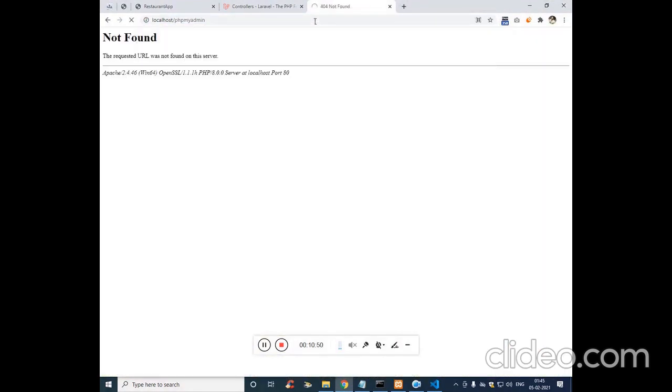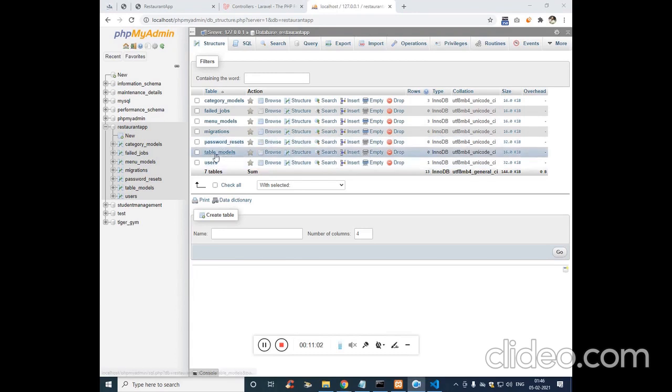So here you see table model is created, which would be blank with the columns name and status. So we'll pin this, we need this. Now